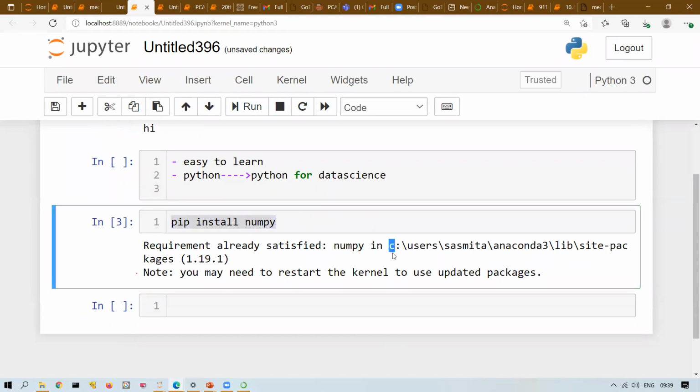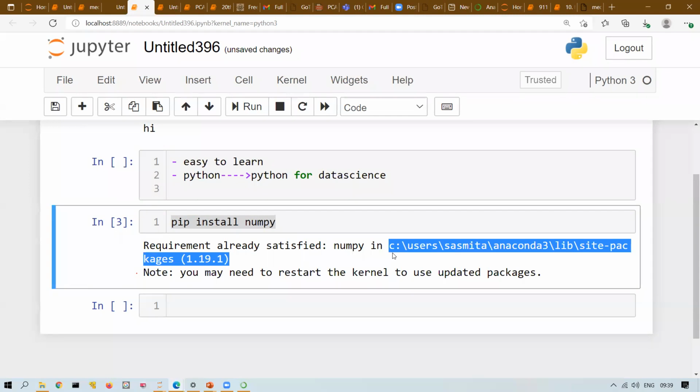Any package that you're installing, where is it going? Where can you see all the packages that you are installing? Inside site-packages. Right? So you have this Anaconda folder. After installing, if you open it, you will find a folder called Lib. Inside Lib, there is site-packages.